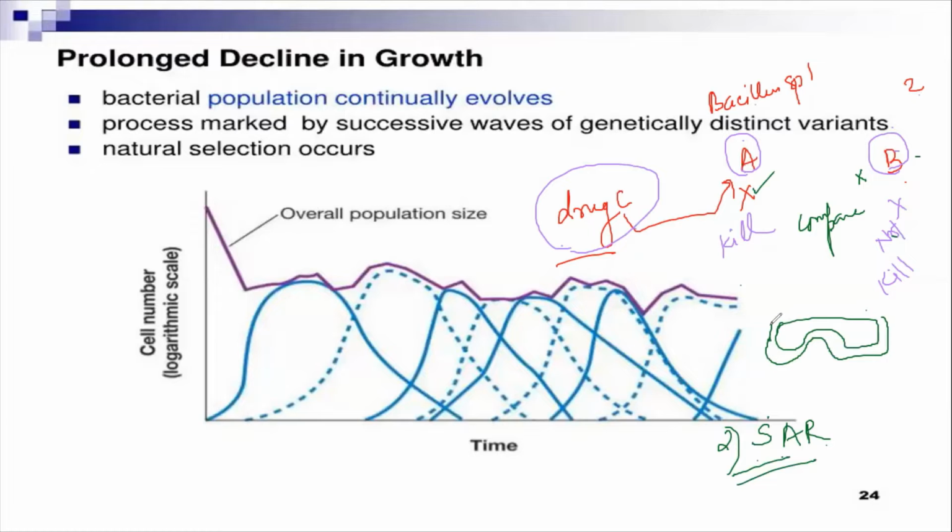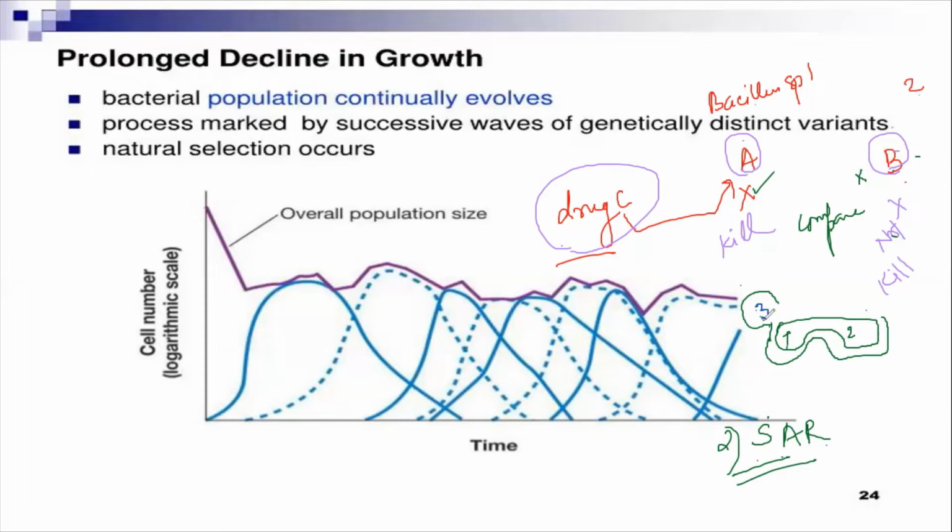Let's say that A में आपके पास दो domain थे, 1 and 2. But in the case of B, an additional domain, something like this, is also required, because of which drug C is not completely able to bind to this particular thing because this domain is missing and hence not able to kill B bacteria. What you can do as a scientist is that you can add this particular domain in the